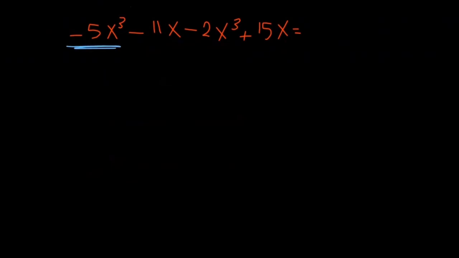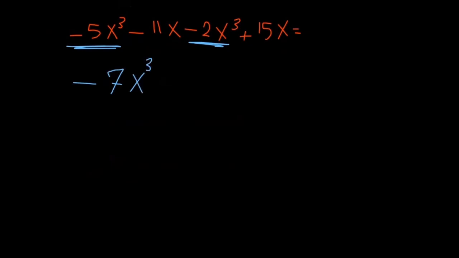So what do we have? We have negative 5x cubed. Cubed means to the power of 3. So negative 5x cubed minus 2x cubed. So I'm going to take them together. Here, again and again, we are adding integers. Adding integers, we have to mind the signs. We have negative, negative. So it is same sign, add. So it is negative 7x